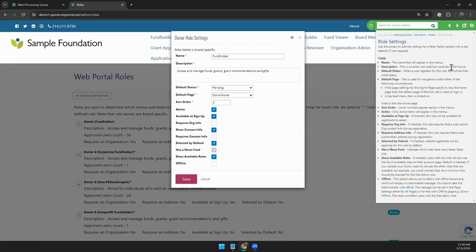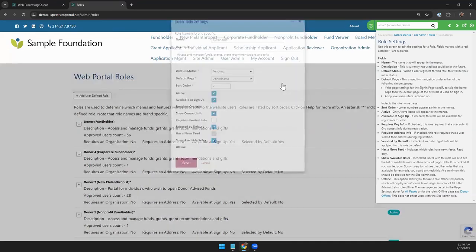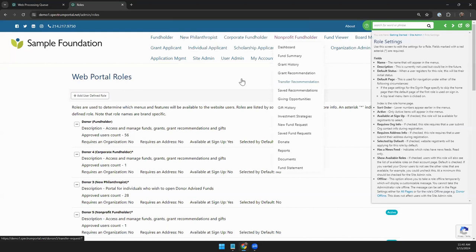Our engineering team has just put together some really solid help content that explains a lot of these things in detail. So this help content across the board in the portal is really, really helpful. So we definitely recommend going in there. And speaking of help content, I think that's the next item we're going to go through here. This is the fourth bullet point that we were going through, was how do I customize my help content in the portal? And so under site admin,